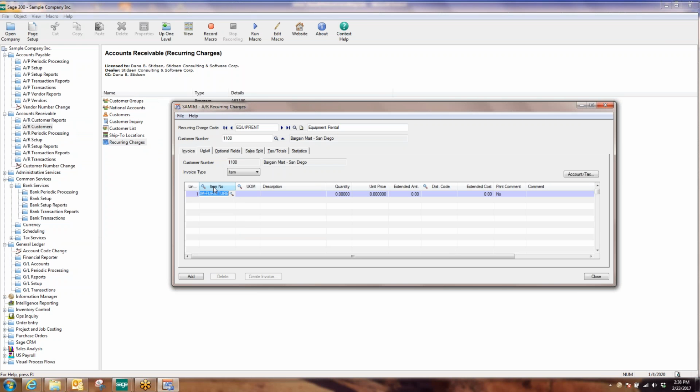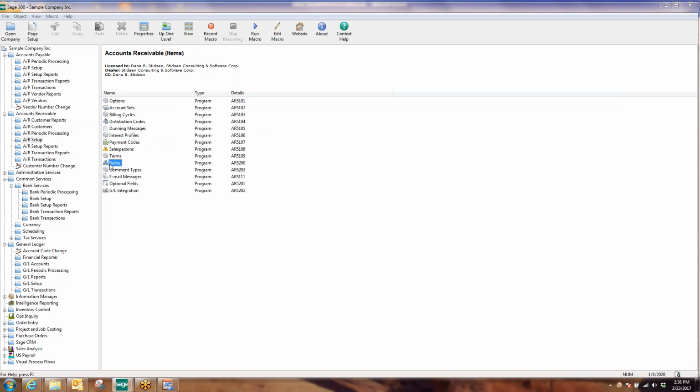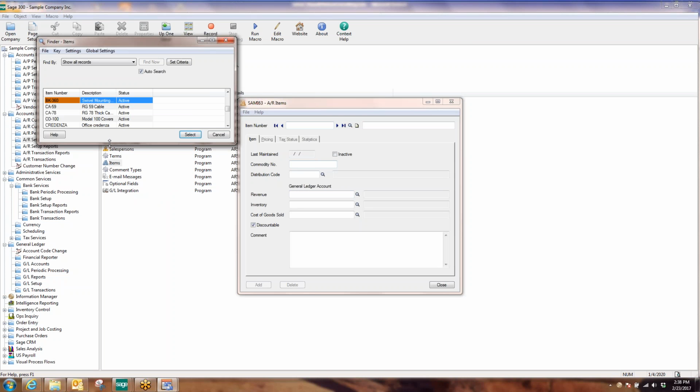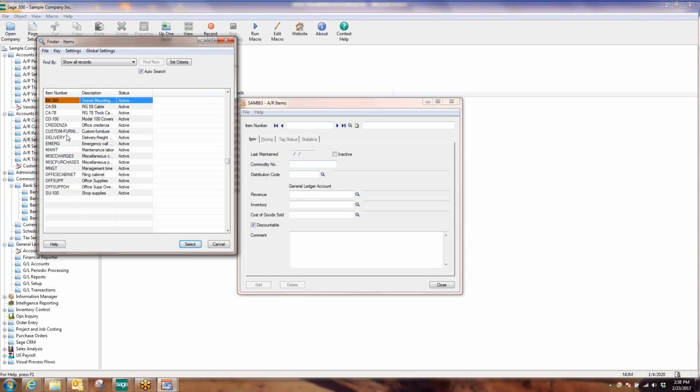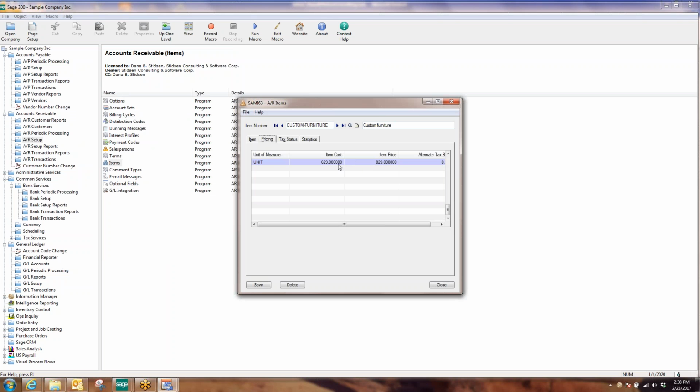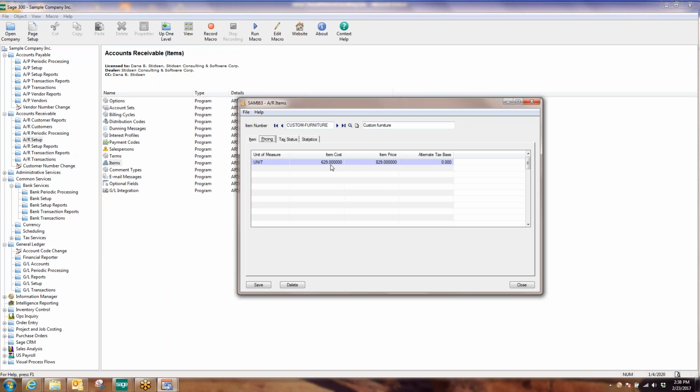Custom furniture. Now we'll pick custom furniture. Now, when you pick the item, it fills in some information here. Now, where this stuff comes from is under AR, under items. Remember, I said AR has items, and this is where we set those up. So, custom furniture, whatever. This is the pricing and the costs. You're not required to put costs. You can if you like,